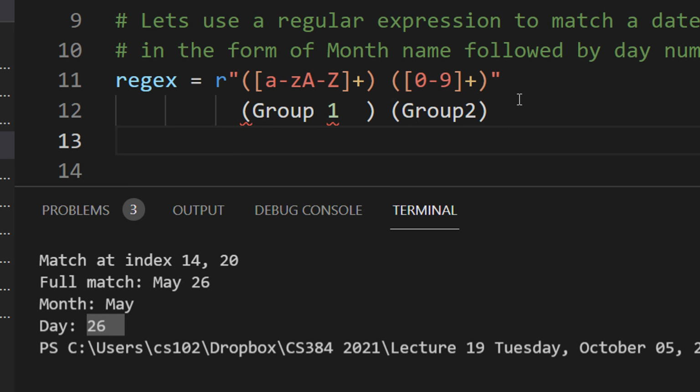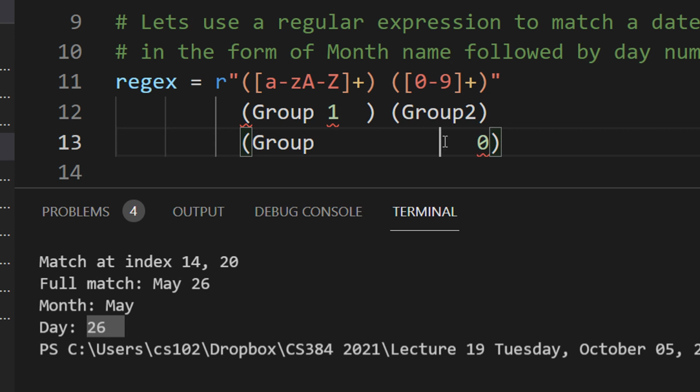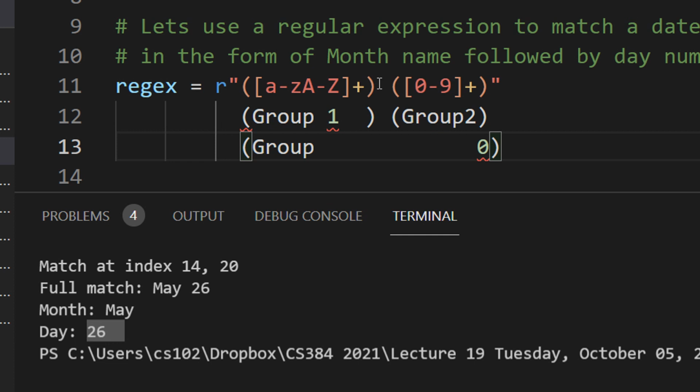And this entire string is group 0. So whenever you write an expression, the entire expression match will be group 0.